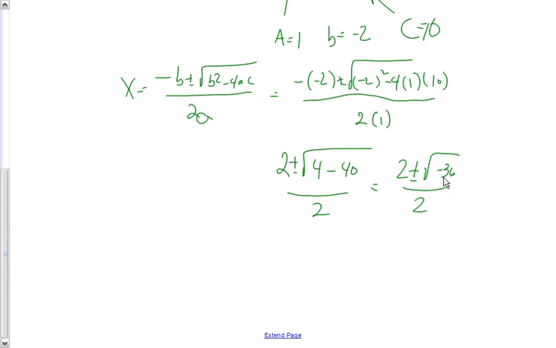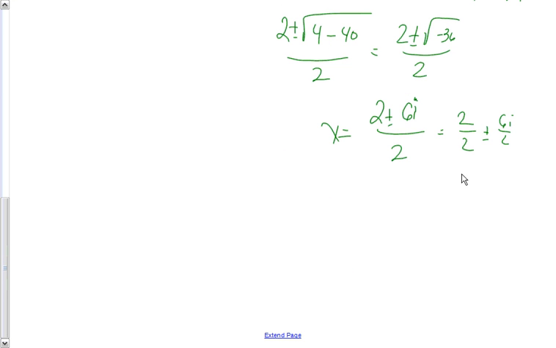So now all we have to say is, the square root of negative 36 is the square root of 36 times the square root of negative 1, which is going to be 6i. So it's 2 plus minus 6i all over 2. And that is now in a plus bi form. Plus minus, so again, you can split it up if you need to. 2 over 2 plus minus 6i over 2, which now cleans up to be 1 plus minus 3i. Right? That I would buy. Our two answers are 1 plus 3i